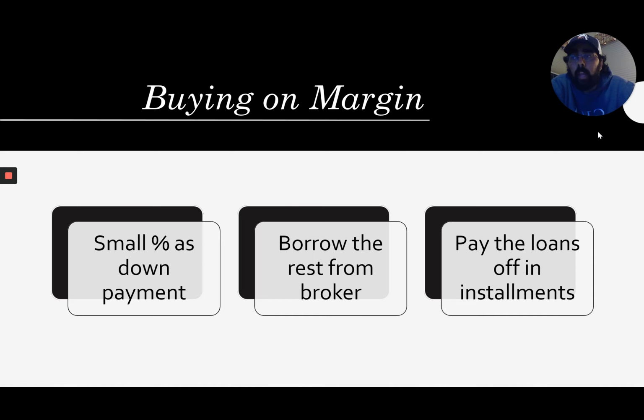And so, okay, let's say your stock does really well. Well, great. Then you can pay off that loan and you've made a profit, a greater profit than you could have. But again, that risk comes into play because it's the stock market and things can crash. So when you buy on margin and then you can't afford to pay back your loan, right, you are now in debt and you lose out a lot.